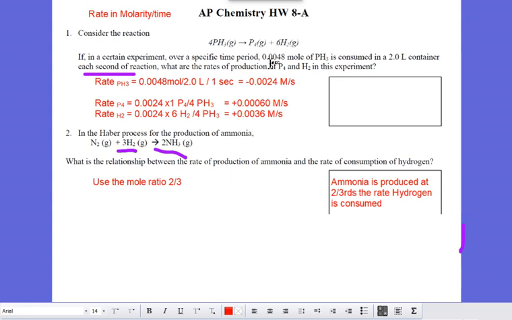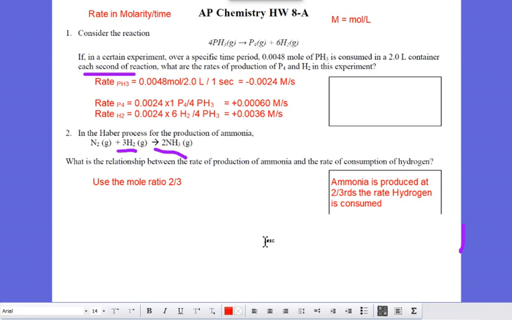We have 0.0048 moles being consumed, and then it's in 2 liters. So I have 0.0048 moles divided by 2 liters, because as we all remember, molarity equals moles per liter. I divided the moles by the liters, and then I have to also divide by the time unit. In this case, the time unit is a second. So the rate of consumption for PH3 is